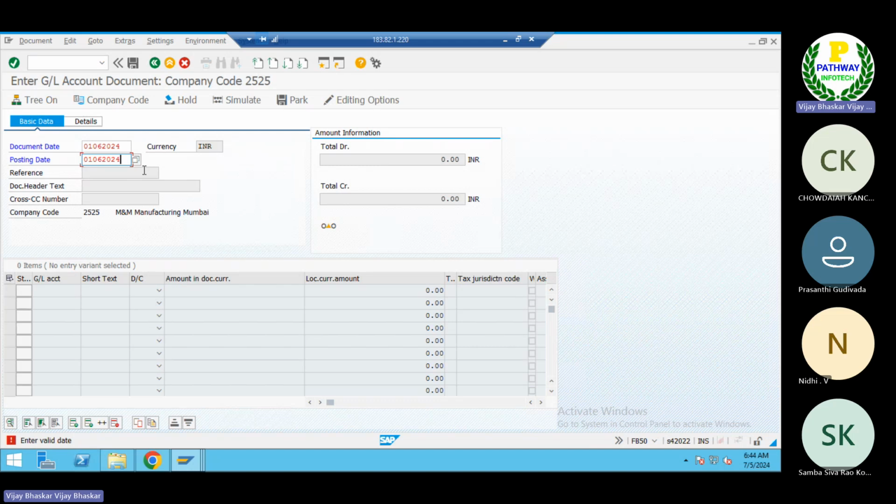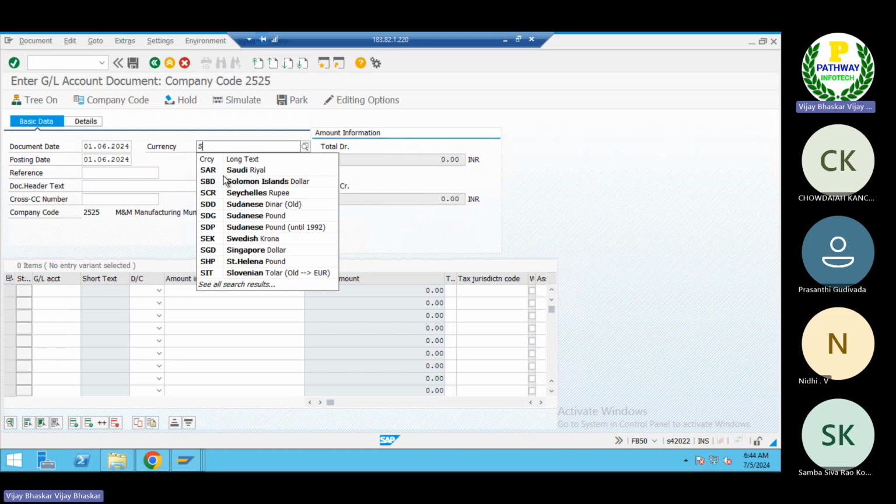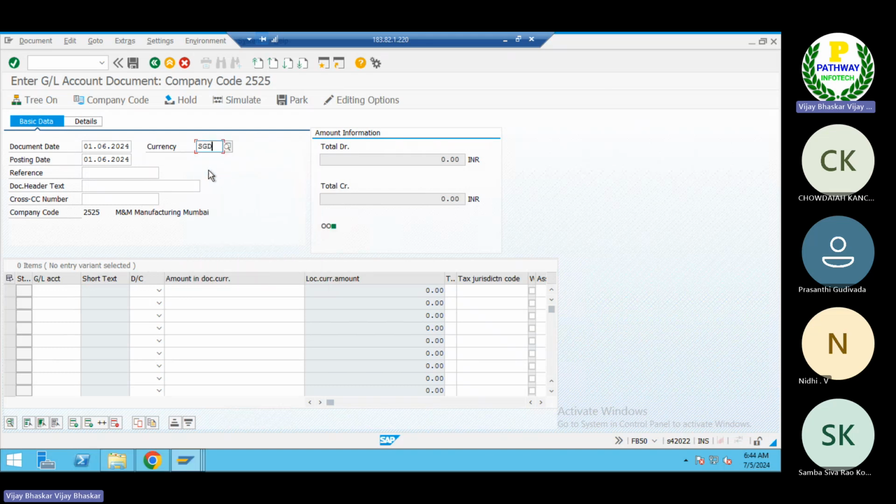Then enter. It will be enabled. First, let me select the currency. You must enter the currency SGD. Remember, only then will the calculation be correct. SGD.